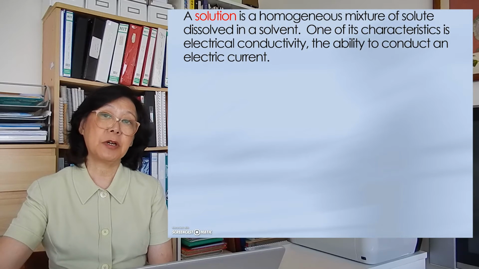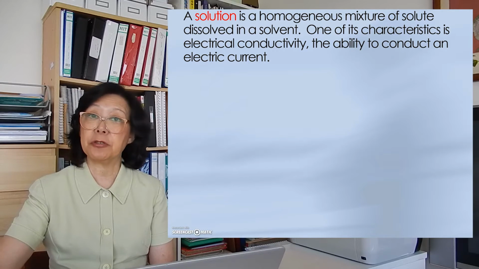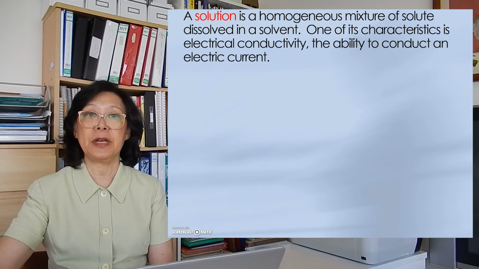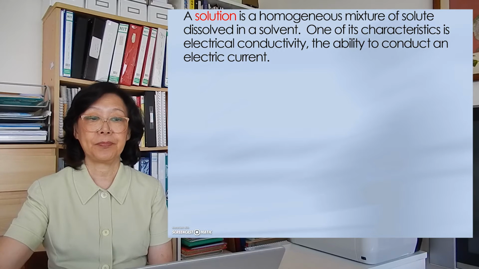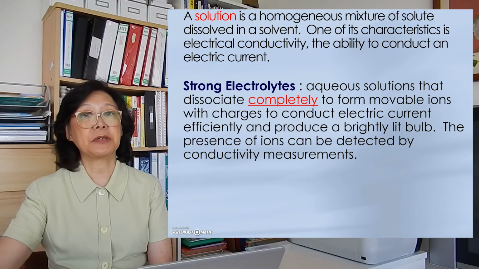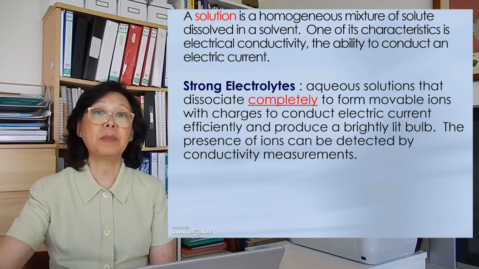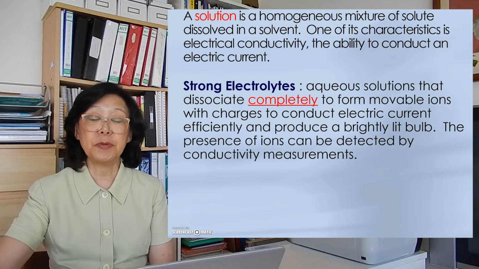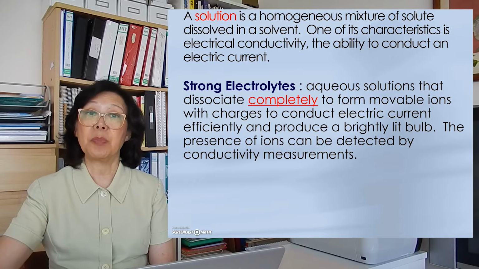So a solution is a homogeneous mixture of solute dissolved in a solvent. One of the characteristics of a solution is electrical conductivity, the ability to conduct an electrical current. Now there are three categories of electrolytes. The first one, strong electrolytes, can dissolve in water completely and form ions. And these movable ions will then conduct electrical current and can be detected by a light bulb which is strongly